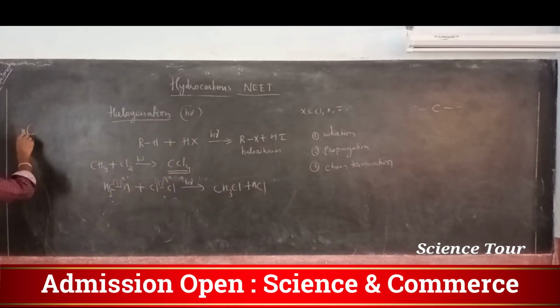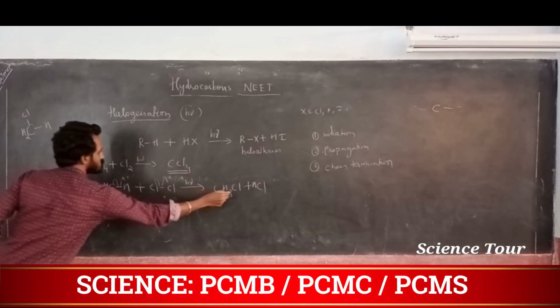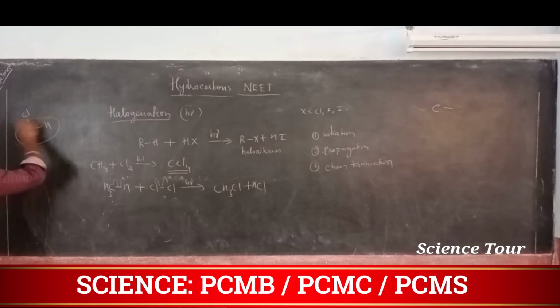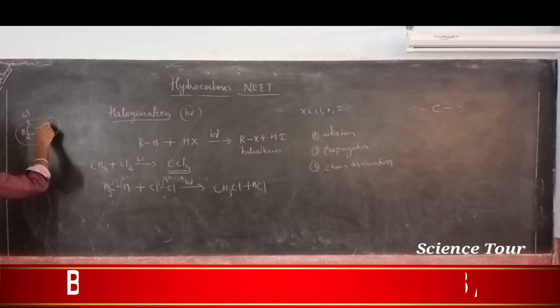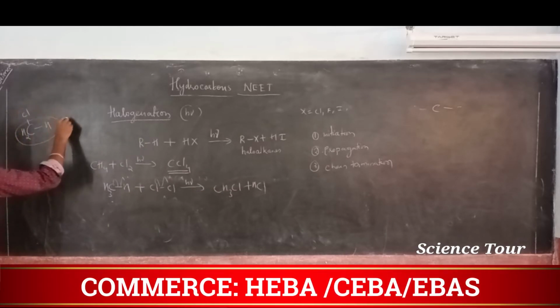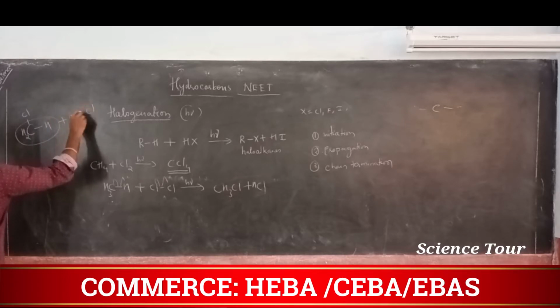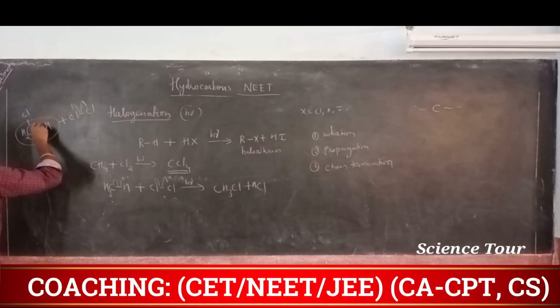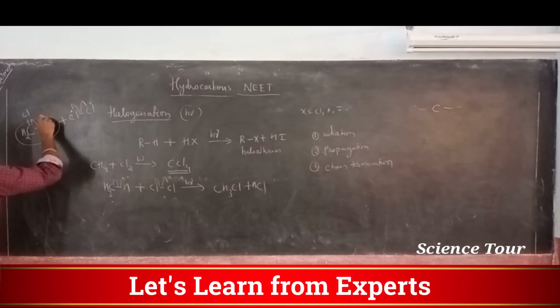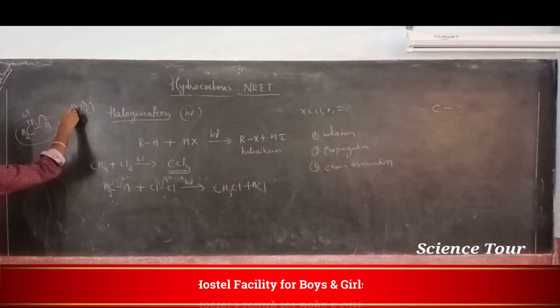Understood? But here CH2, H, here one Cl is there. Correct? No, this is CH3Cl. CH2 means here one more H is there, CH3Cl. Why I am writing like this is for showing. This will come here, and here this will go like this, and here one free electron, here one free electron, here one free electron, here one. This free electron will combine with one of the Cl, this free electron one HCl.